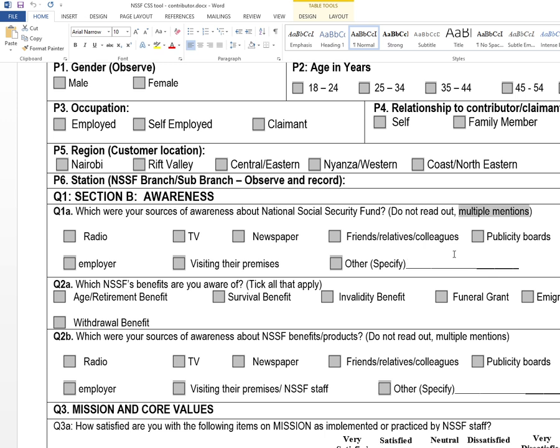Somebody else can come and write here Instagram. Somebody can come and say LinkedIn. Okay. So for other specify, we now refer to this type of answers as open-ended. And the type of data you're collecting there is qualitative. I think that's why at Dallas, we have both quantitative and qualitative classes, so that you also need to know